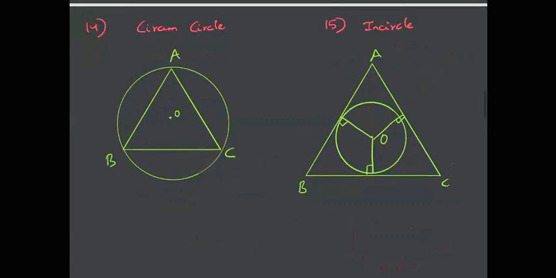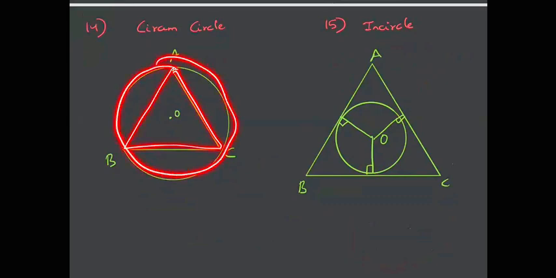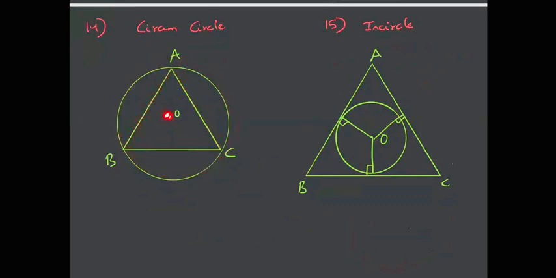Okay, we have already learned what a circumcircle of a triangle is. The circle which passes through all the vertices of a triangle is called the circumcircle, and the center is called the circumcenter. So here OA equals OB equals OC. And what is an incircle? The circle which touches all the 3 sides of a triangle. It means BC is tangent to the circle because there is only one point of contact here. Similarly, AC is also tangent to the circle, and AB is also tangent to the circle.